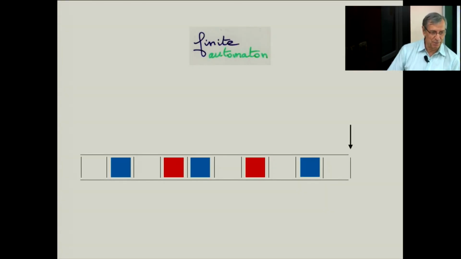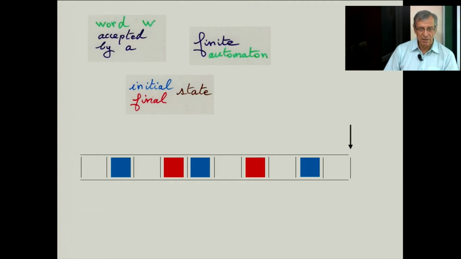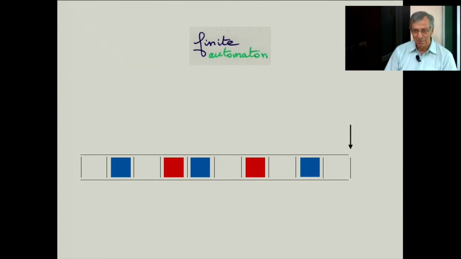So if you know computer science, a finite automaton is recognizing a word. So in finite automata, there is an initial state, a final state, and then there are some words accepted by the finite automaton. Here I have taken an example of a word. The letters are white, blue, or red, and there are some cells blue and red, and the condition of the word is that the blue and red alternate. You color some cells, so it's a word in 3 letters, and if you take only the blue and red letters, they are alternating: blue, red, blue, red, blue, red, blue, red, blue, red. And then you can recognize the word with a finite automaton.